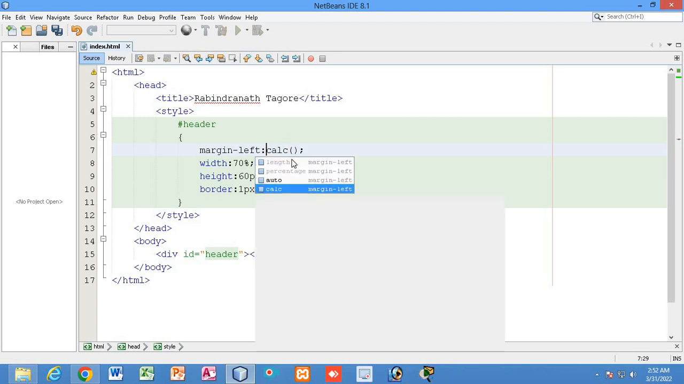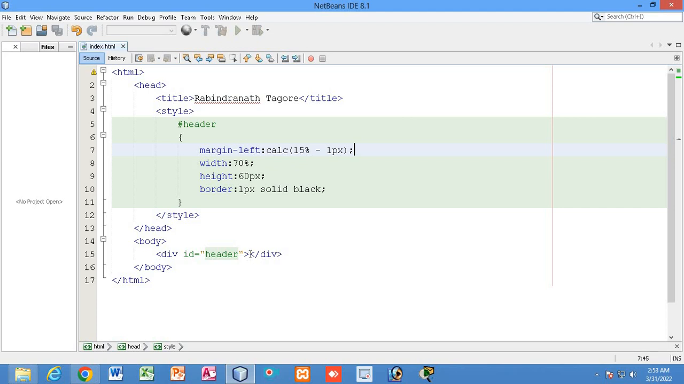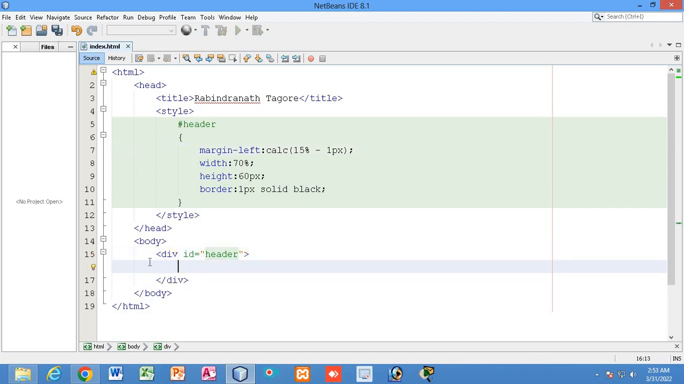Margin left 15% minus 1 px. So what we have done over here, let us see. It will look the same, just the 1 px border that I have deducted from the width. Now inside this header div, I am going to